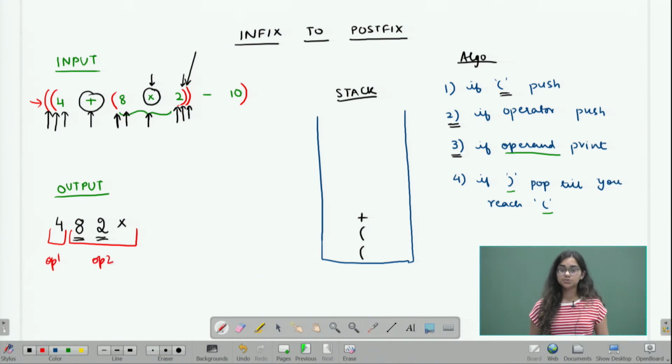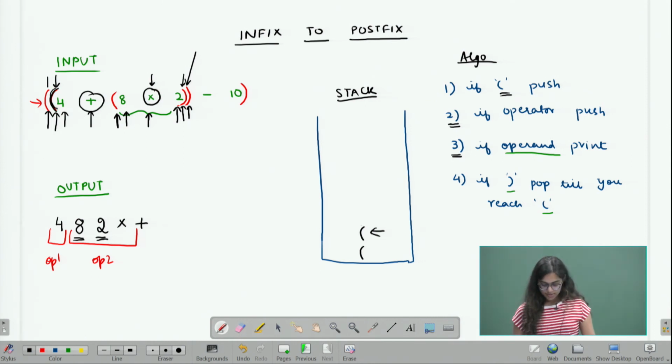So the next thing I should be printing is the addition sign, and if I look at my stack, that is at the top. So I'm going to pop this addition sign and put it on the output. Now I go and look at my stack again, and I see an opening bracket. Now this is the opening bracket that actually represents the opening bracket for the addition operator, which is the one right here. So when I look at an opening bracket, it's fine. I can make sure that my expression has been completed, and I can move on to my next character,